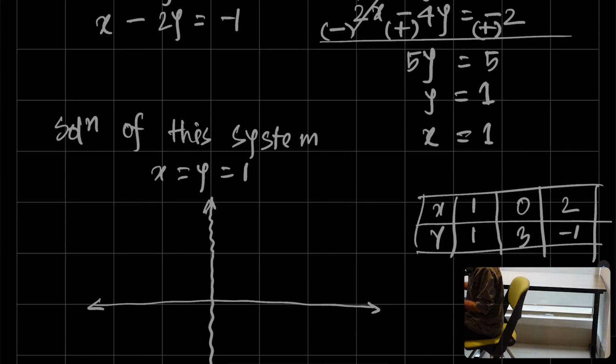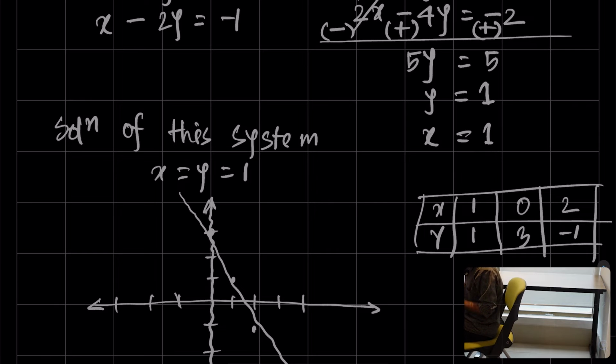Now if I plot this, this will be the point (1, 1), this is (0, 3), and (2, minus 1) is a point. So the line will be like